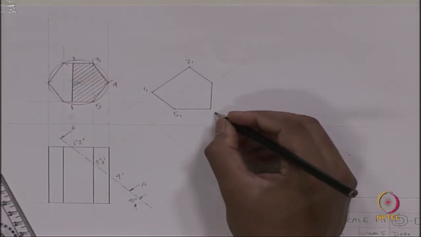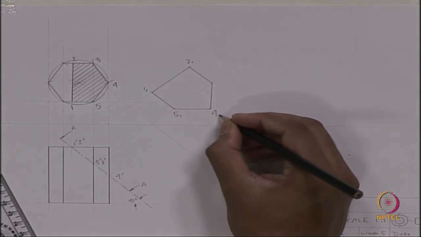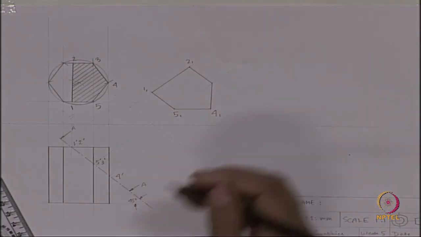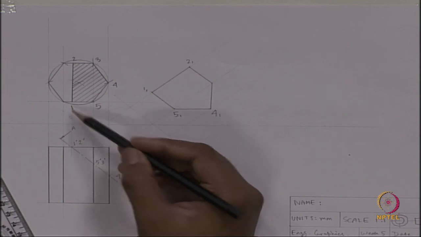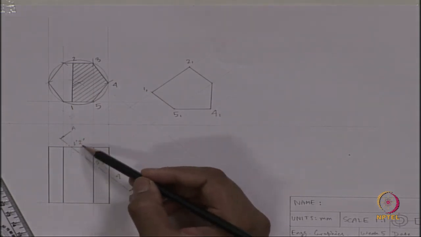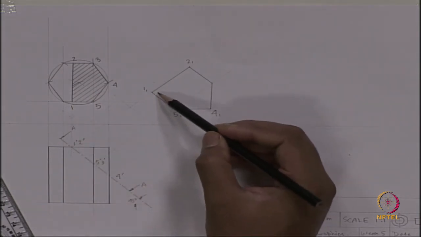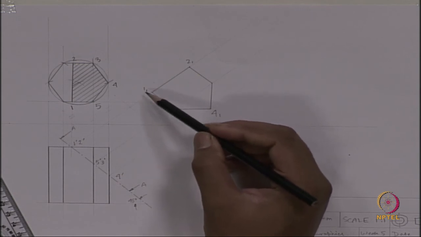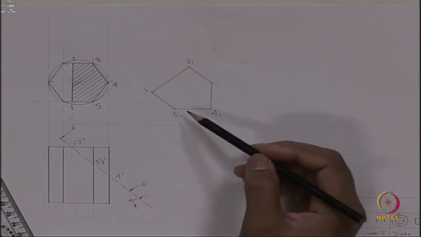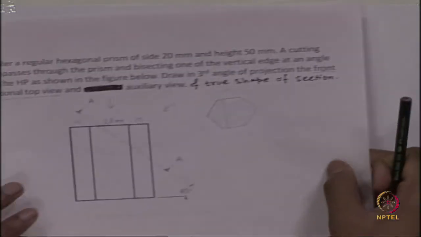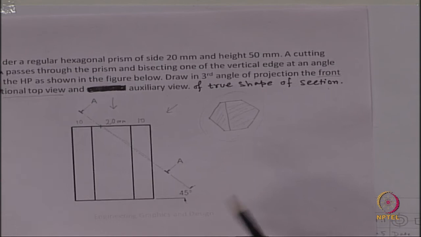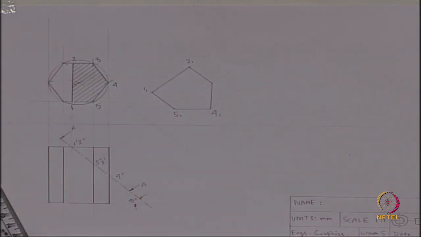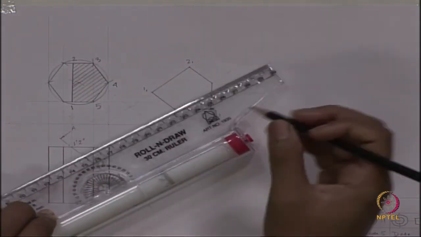This is the auxiliary view of point 4. All the superscripts we will be using here in case of auxiliary views. Point 1 here, point 1 here in the front view, and point 1 here, point 1 here in the auxiliary view. In the auxiliary view also, as we have been asked to show the auxiliary view of the true shape of section, we have to show the section in the auxiliary view also,